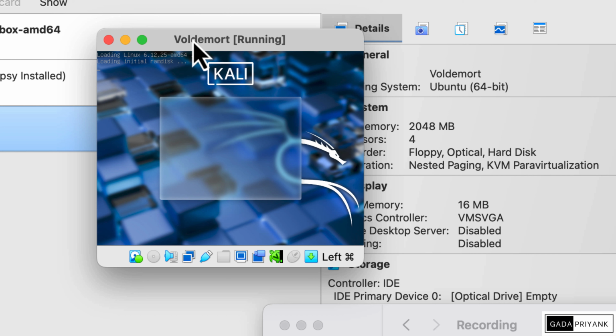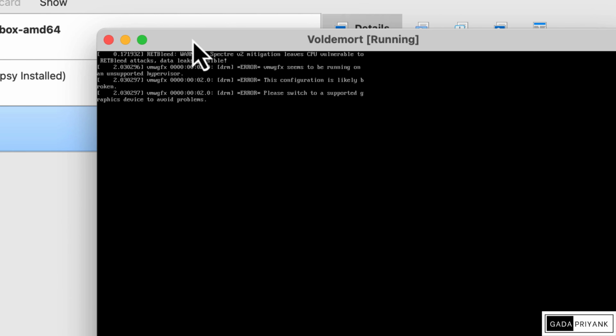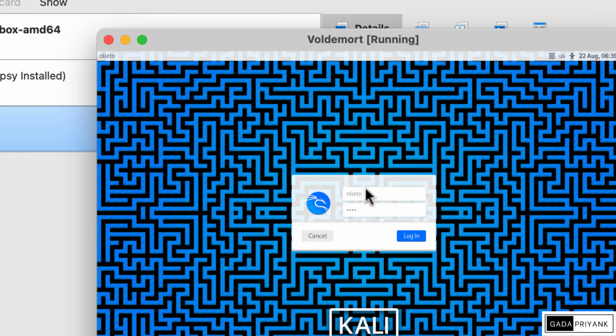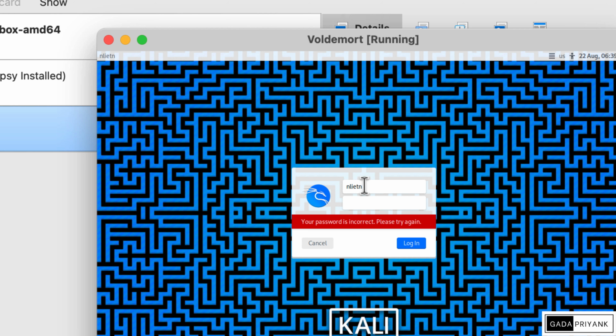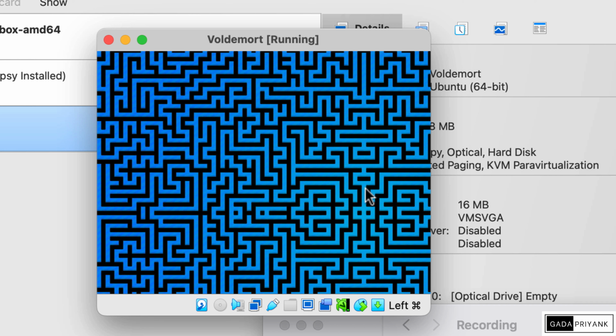Once you click on start and hit enter, it will boot into the system, and you need to remember the username and the password that you set in the previous steps, because you will use them to log into the system. You need to enter the username and password, and like in Windows we have administrator, in Linux we have the root user. Once you enter the username and password correctly, you will be inside the system, and congratulations, you are a hacker now and you have installed it correctly.